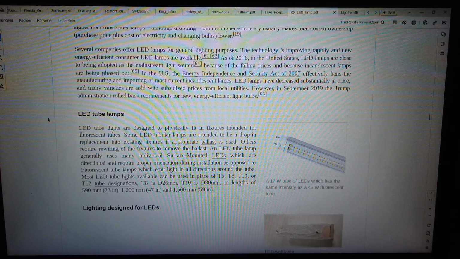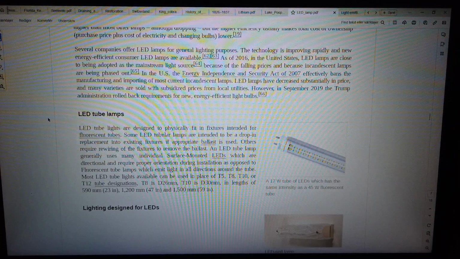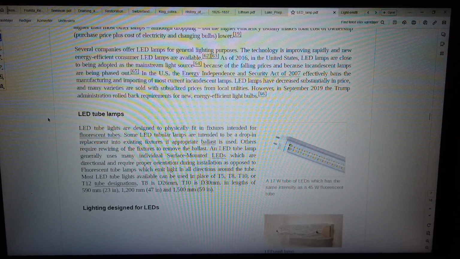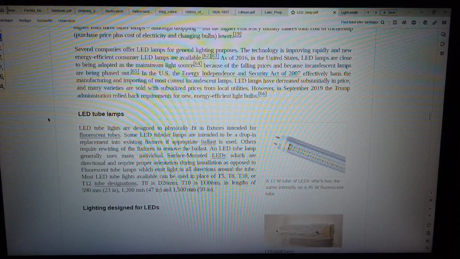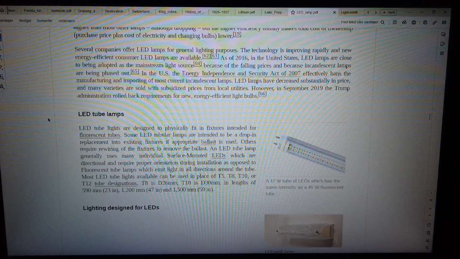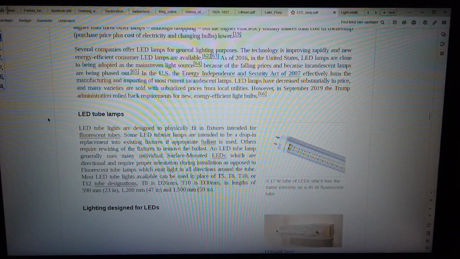In the U.S., the Energy Independence and Security Act of 2007 effectively bans the manufacturing and importing of most current incandescent lamps. LED lamps have decreased substantially in price and many varieties are sold